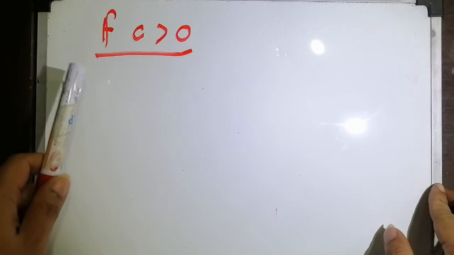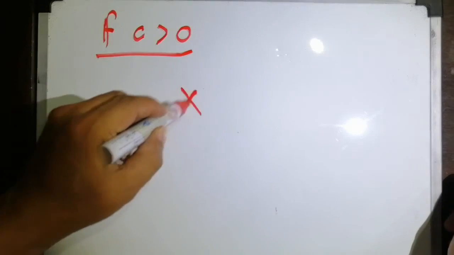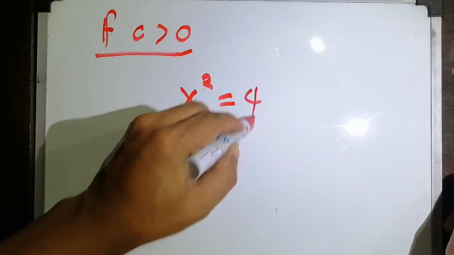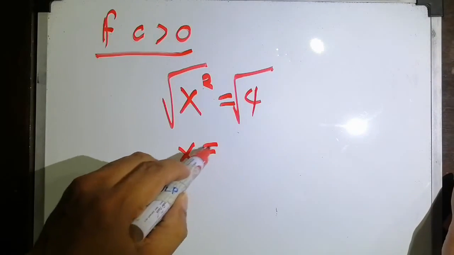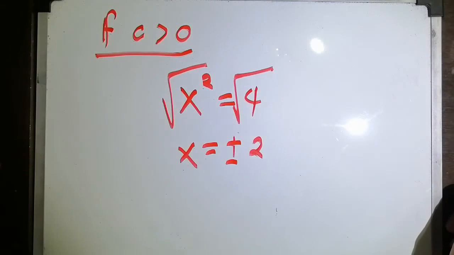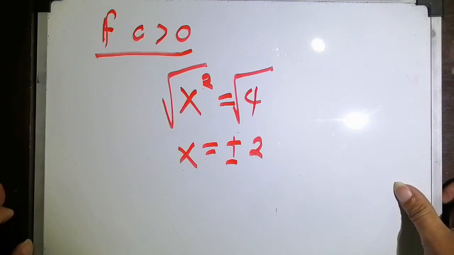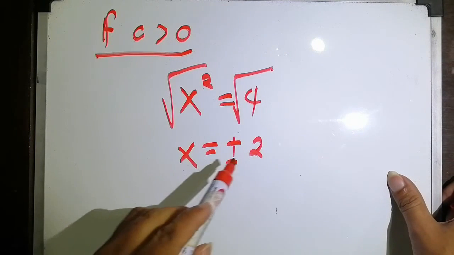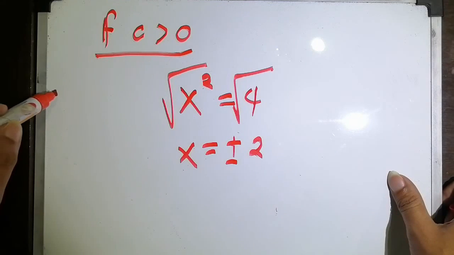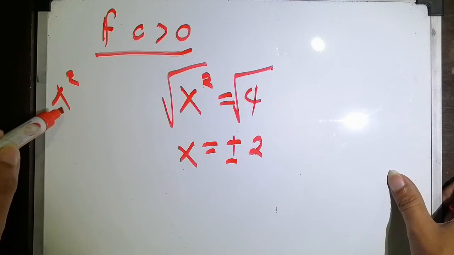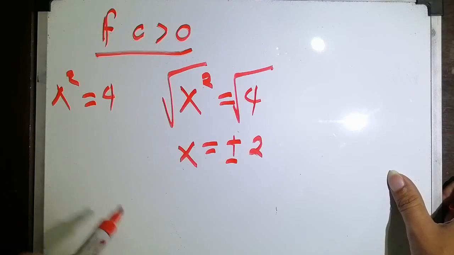Alright, so to check if your answer is correct, given the equation in this form, like for example our example number 1, x squared equals 4, taking the square root of both sides, so x we have plus or minus 2. Now to check if your answer is correct, we're going to substitute these 2 values in the original equation. So remember that our original equation is x squared is equal to 4. So to check,